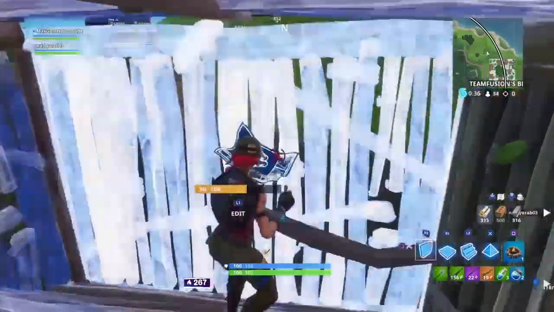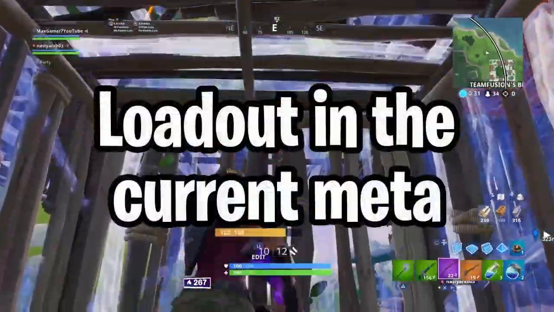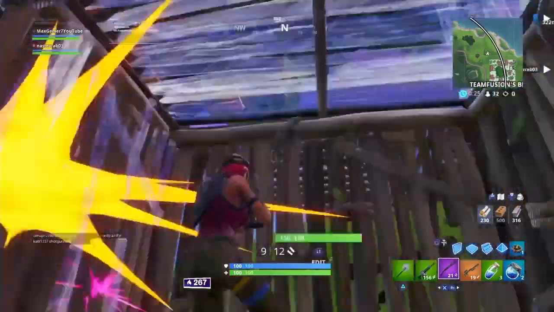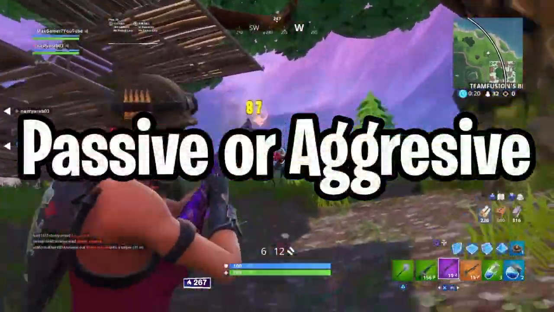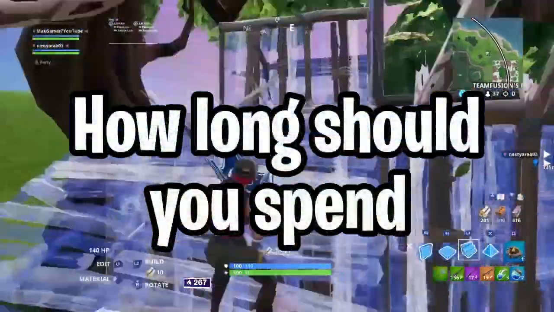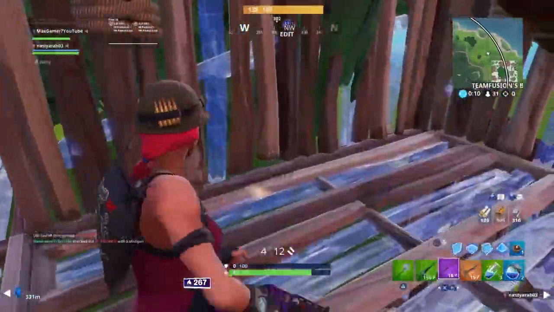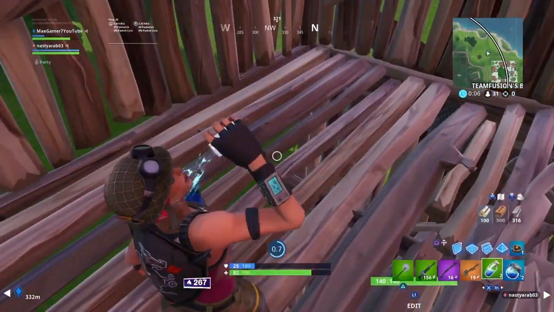There will be 4 main things I will be covering in this video. Number 1, what loadout you should run in the current meta. 2, where you should be landing in arena games. Next, we're going to be covering the question, should you play passive or aggressive, and should you go for kills or placement. And finally, how much time you need to spend practicing arena if you want to get into the competitive scene. Also, if you decide to stick around till the very end of the video, I'll give you guys the 3 best tips that I think will really help your game in arena mode,